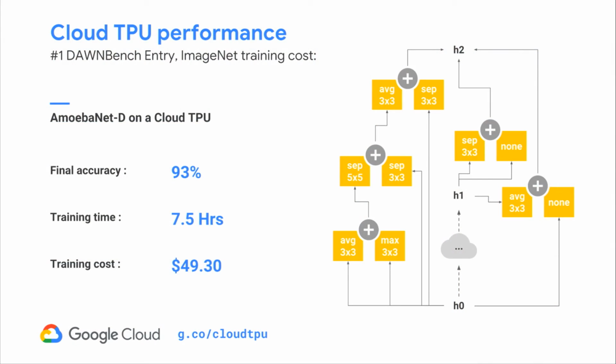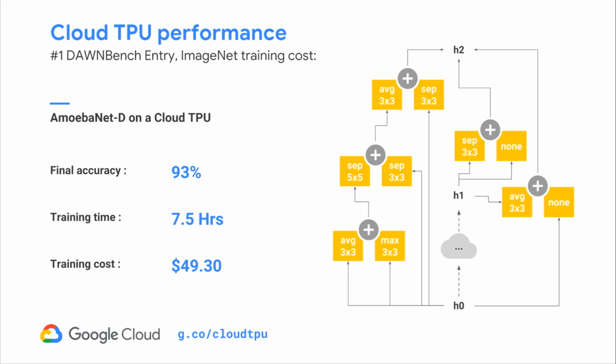I'm happy to announce that we had the #1 DawnBench entry for ImageNet training cost. And we achieved that with this AmoebaNet D model. The interesting thing about AmoebaNet D is the architecture was actually built on a TPU through an evolutionary process, automatically. So instead of designing this model by hand with countless grad student hours, the way most of those models